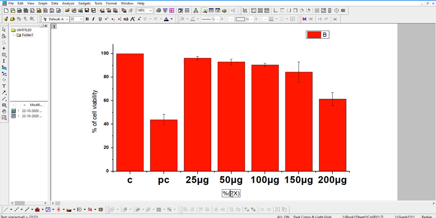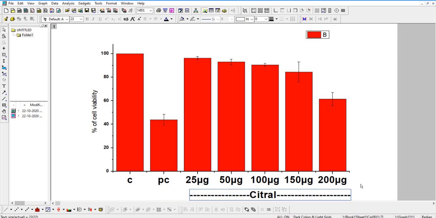Or else you can change the name, for example your drug. Here I am writing Citral, and that also you can bold and increase the size, or else you can cover all these things. You can move this like that.